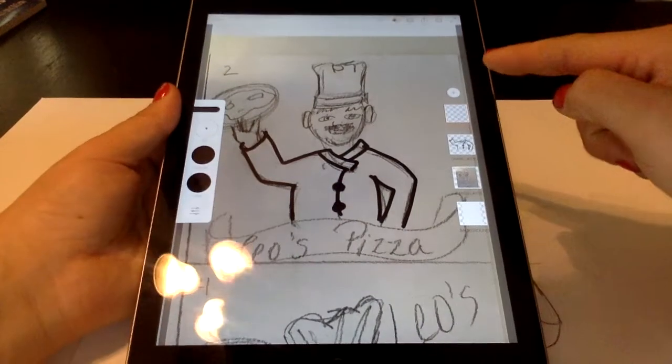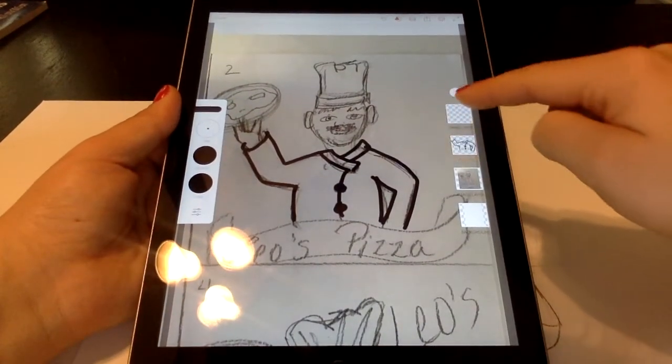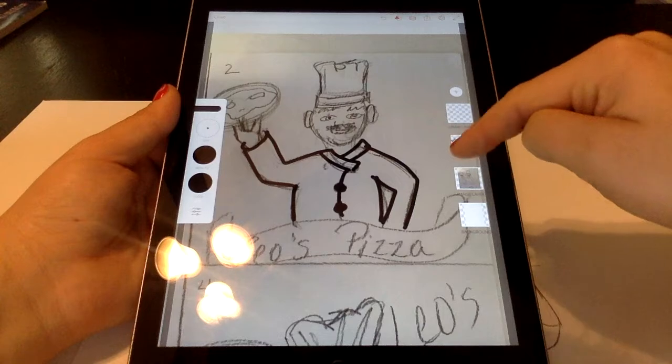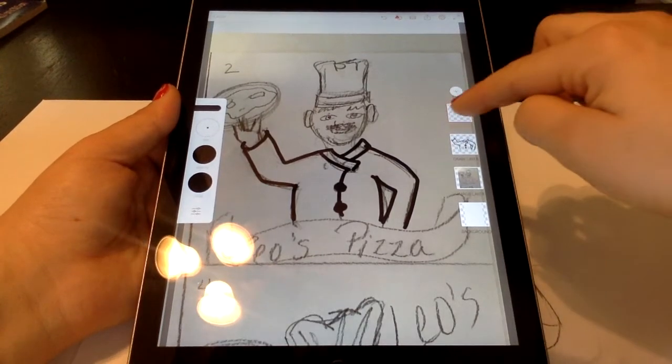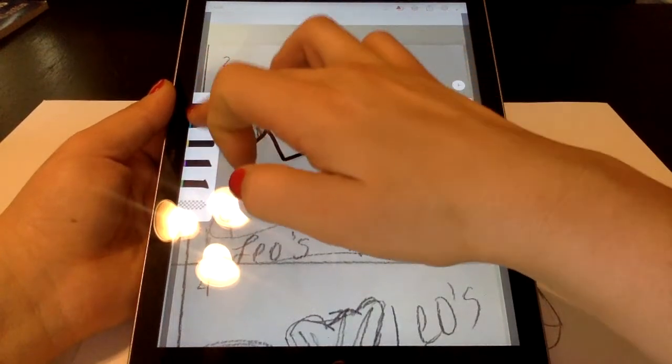So now I have a new layer that I'm going to color in, and the way you know that you're on the layer is it puts that orange box. That's how I know I'm on that actual layer. So I'm going to click on the new layer I just made. I'm going to tap on a new tool,